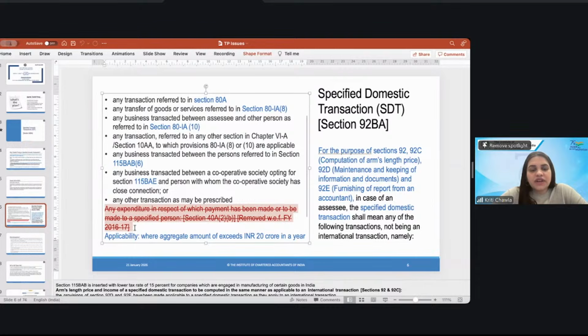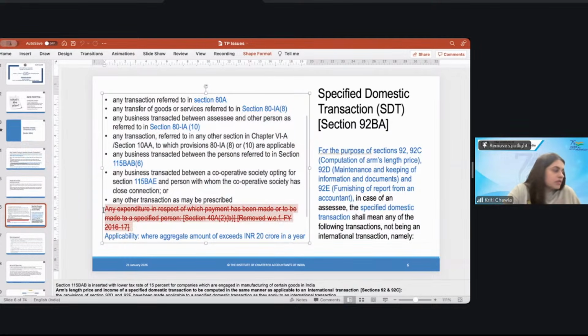But it was the Finance Act, the financial year 2016-17, that removed this particular provision from there, and now the SDT provision is more or less, generally, only applicable to entities that are claiming some kind of tax holiday. So these are the entities on which the SDT provision is now applicable. This was the provision that has been